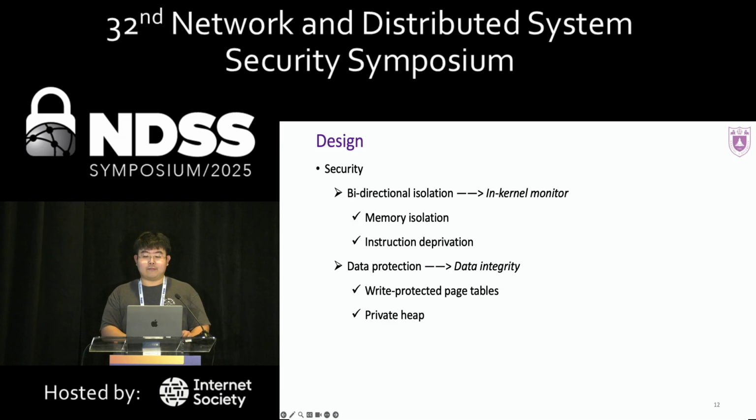The monitor enforces a series of invariants for comprehensive protection. First, data of each compartment can only be modified by itself. The page table can only be modified by the monitor, and each compartment uses its private heap with a tagged memory pool. For control flow protection, BULKHEAD makes all kernel code unreadable and unwritable by anyone, which mitigates code injection or code reuse attacks.